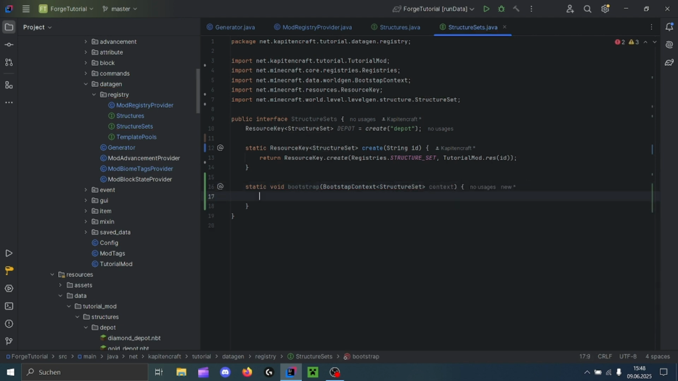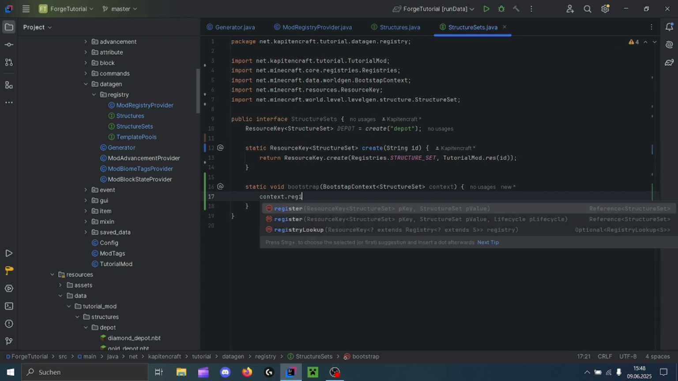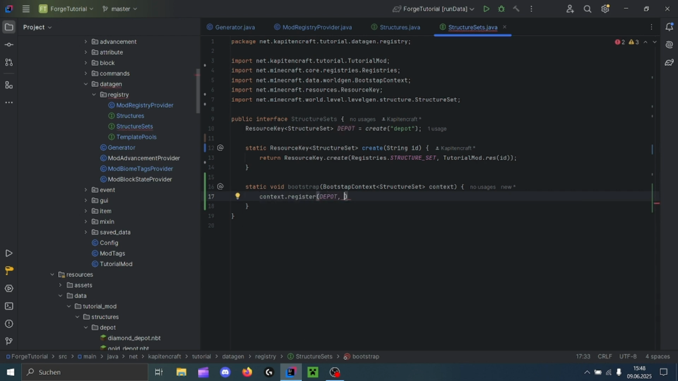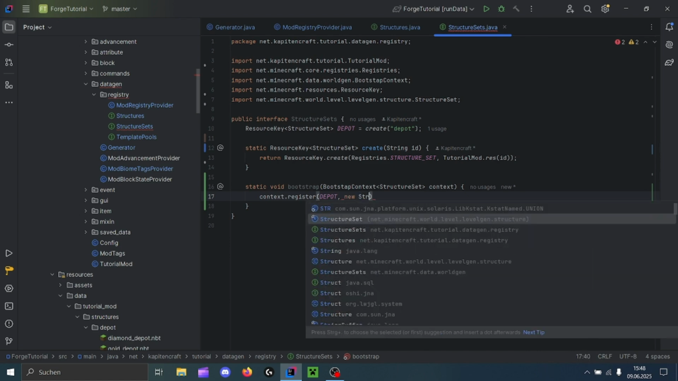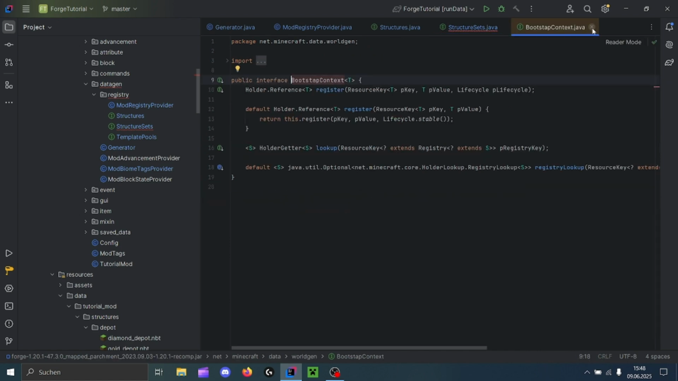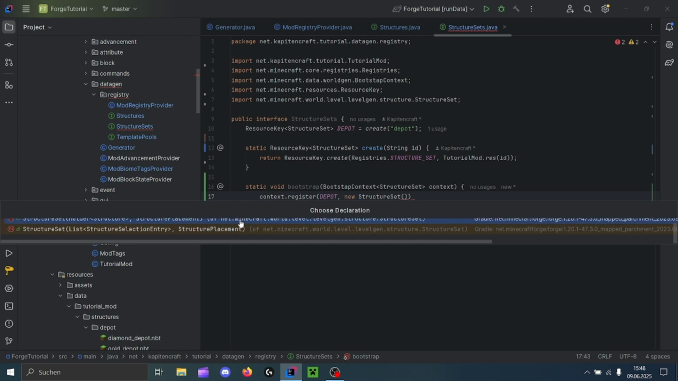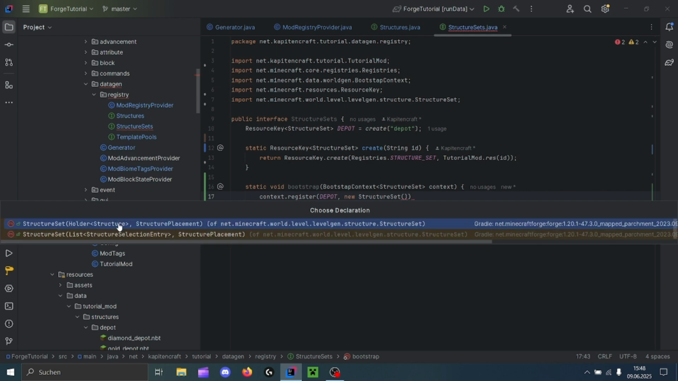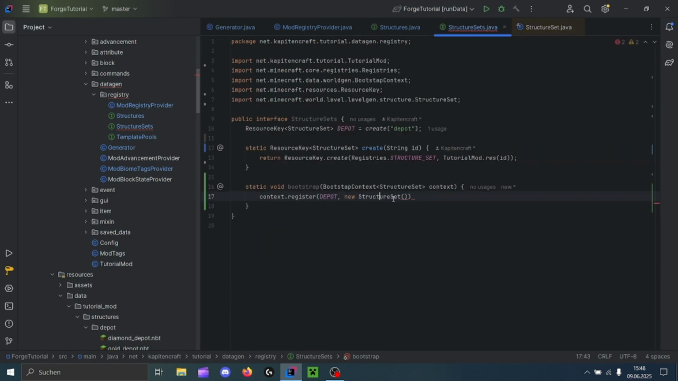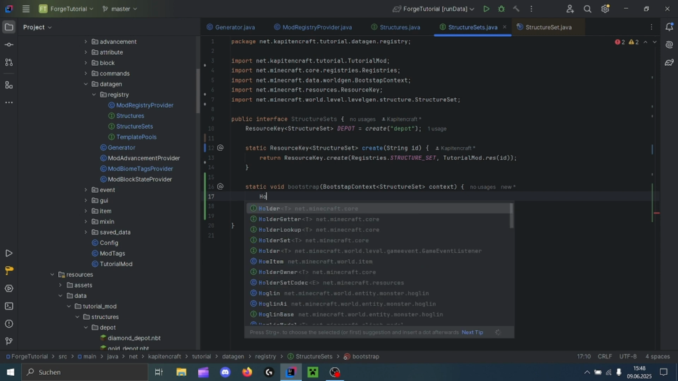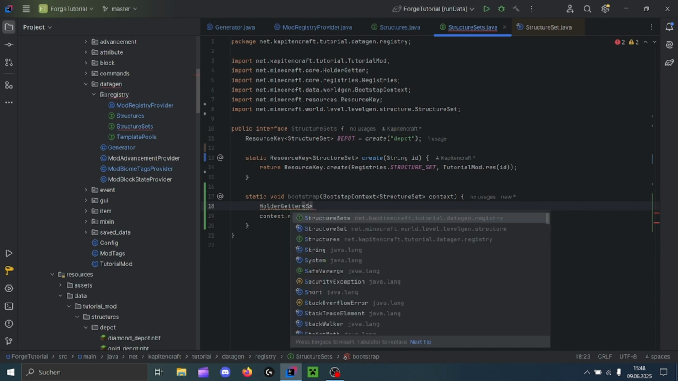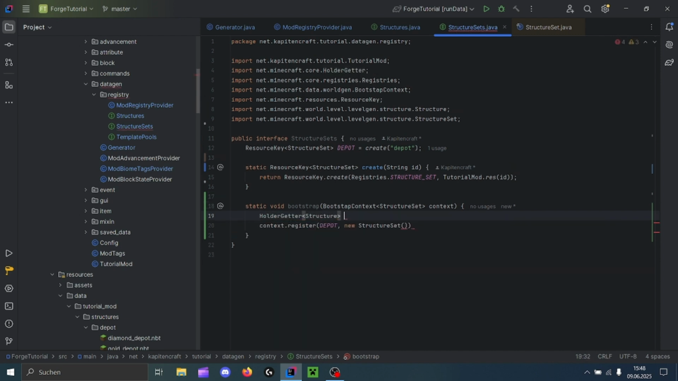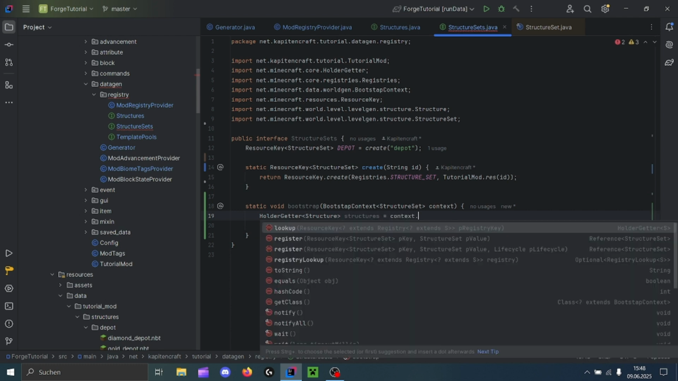Context, and then the context register depot new structure set. You can take a look at this, which uses either a holder of structure. We'll be taking this and the structure placement. So first of all, we need to look up the getter. So holder getter of type structure getter, or rather structures, is equal to context.lookup